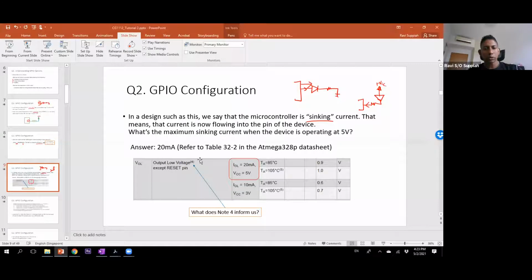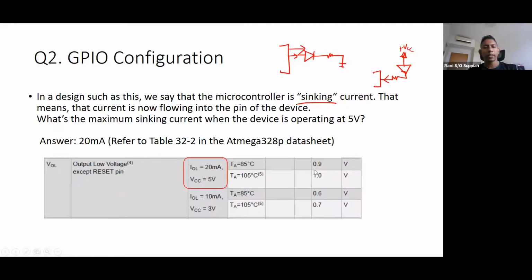There's also a small note here, the number 4. What does that mean? That is also important to look at, just to make sure that we do not make any other assumptions.